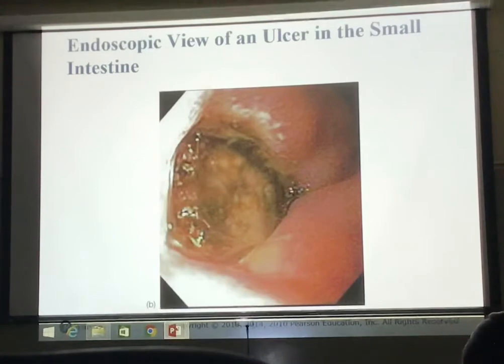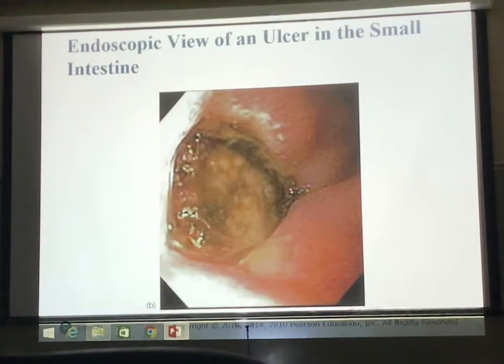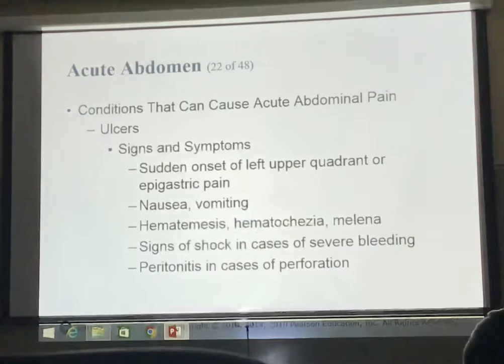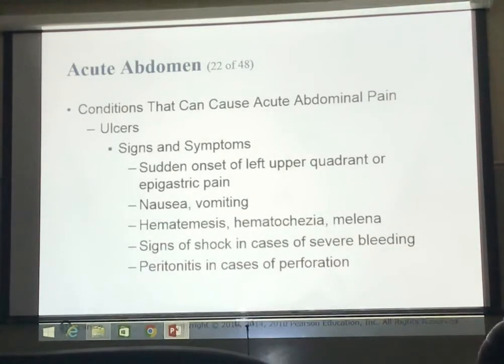Alright, this is what it looks like under endoscopy. These can also bleed as well, large amounts. Most patients are usually aware of their ulcers and provide you with this information during the history taking process. In some cases, the patient takes over-the-counter antacids or prescribed medicines for this condition. They have a sudden onset of left upper quadrant or epigastric pain, nausea, vomiting, signs of shock, and peritonitis if